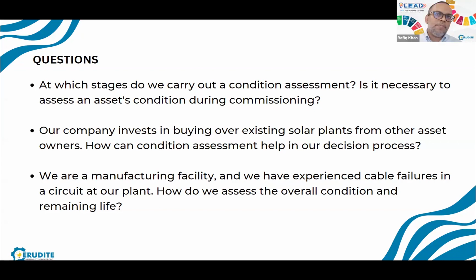So you're doing a condition assessment and deciding on replacing a circuit. Everyone knows if you have 2 kilometers or 1 kilometer of circuit, it costs a lot of money to do a replacement work. It costs a lot of time as well, but they can balance it out, whether they want to do this or face a risk of failure in the future. So this gives some power to the decision making.